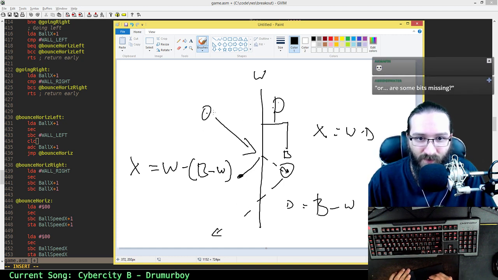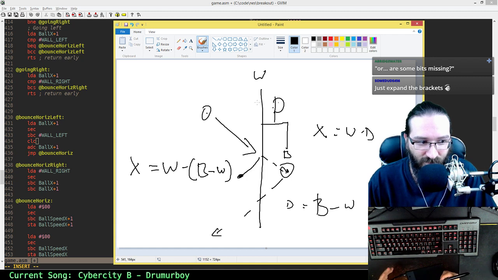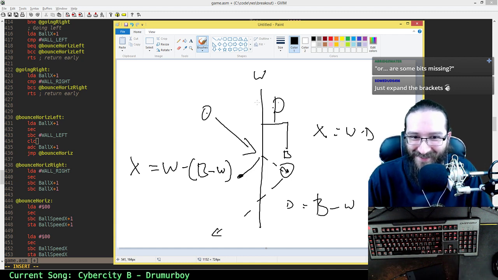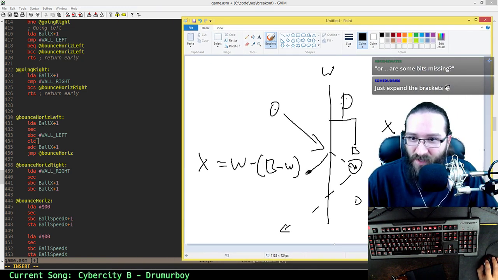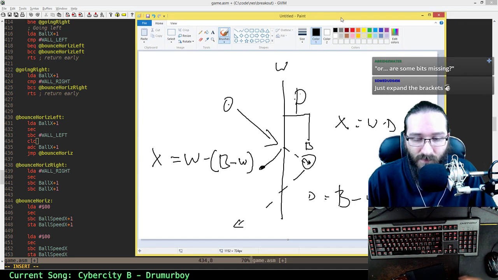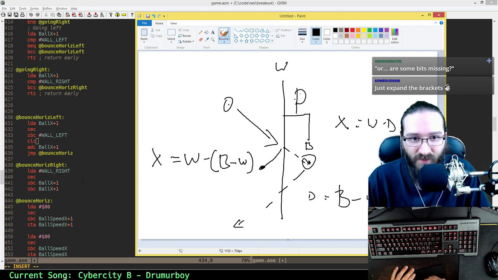So the x-coordinate is the wall minus the difference, and the difference is the ball minus the wall. Let's expand the brilliance. So this one takes the ball. Oh. I think that's correct. I think that's what that's doing. Right. And then the other direction for a difference over here